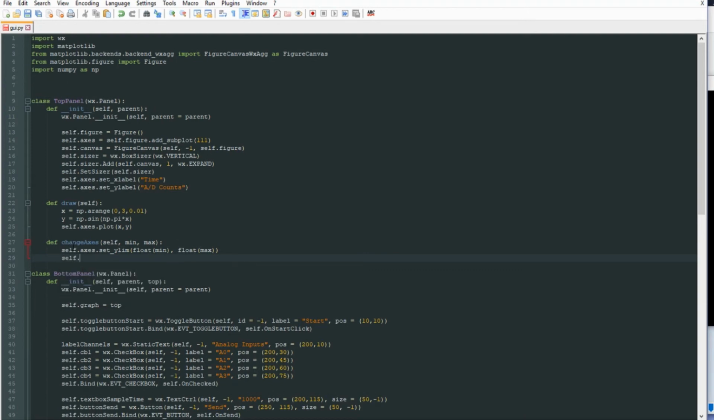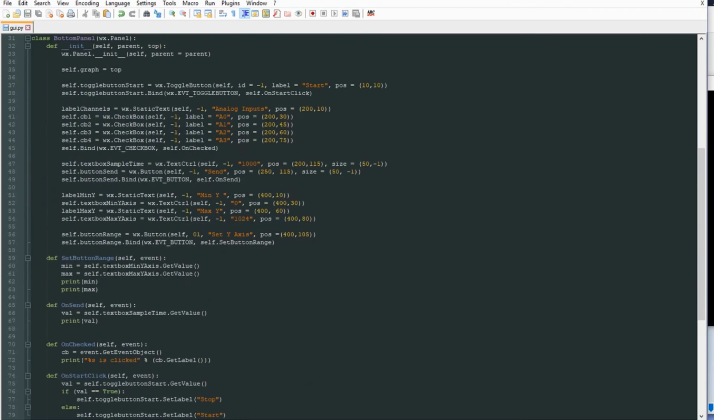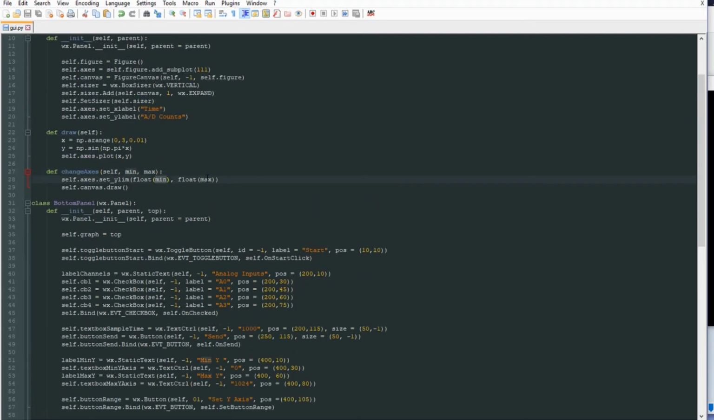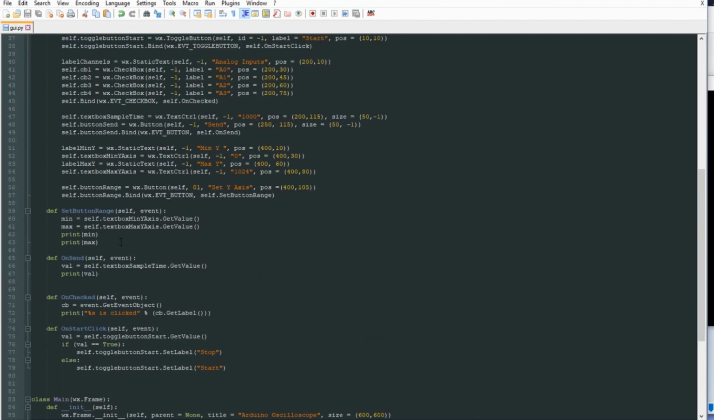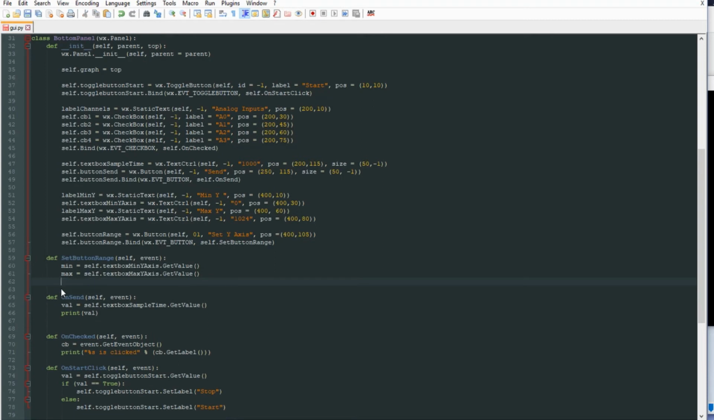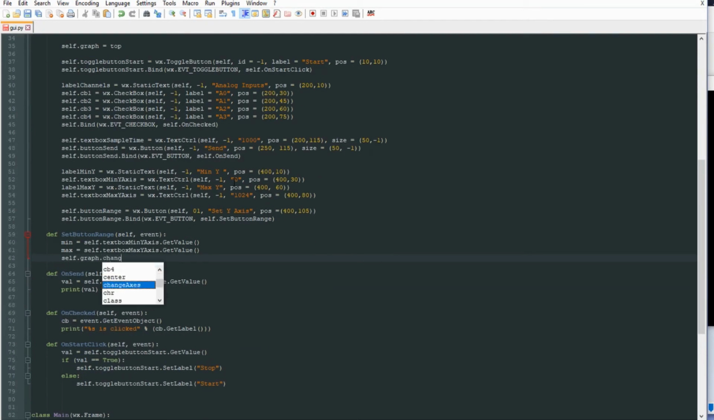And we're going to have to say refresh the canvas. So we're going to have to do canvas.draw. So that will take a minimum and a maximum value. It will set the y limit of the min and of the max and refresh the canvas to draw it. So now when we get our button range, we have our min and our max. What we're going to have to do is we're going to have to say self.graph, which is a top panel, dot change axis, and we're going to have to give it min and we're going to have to give it max. So now when we run this,